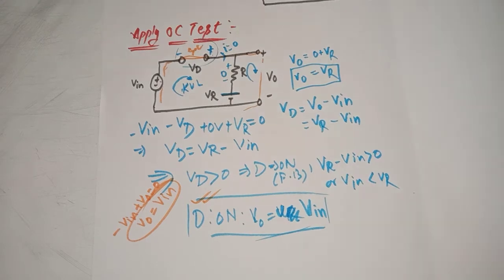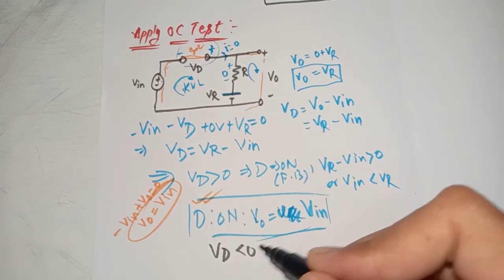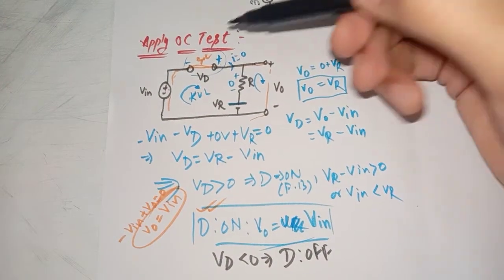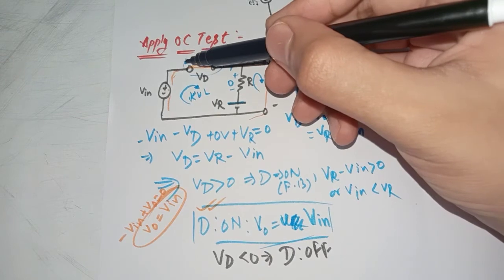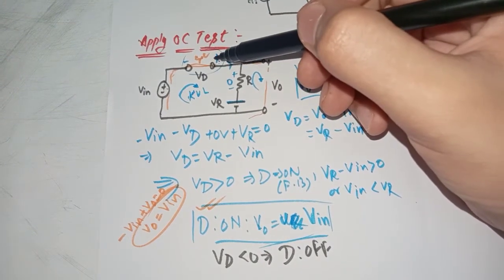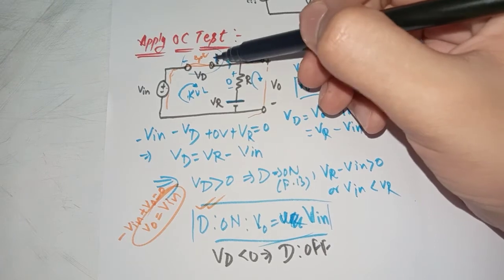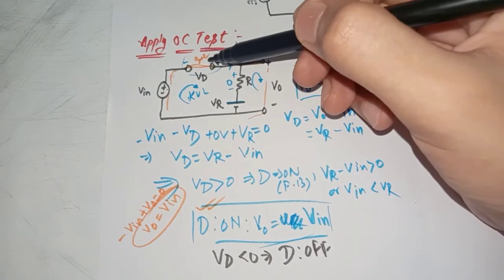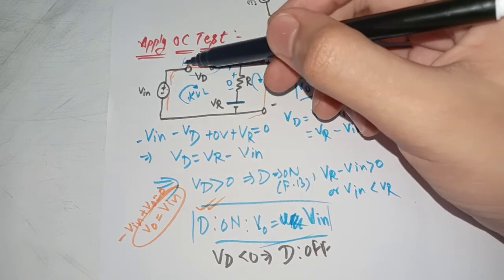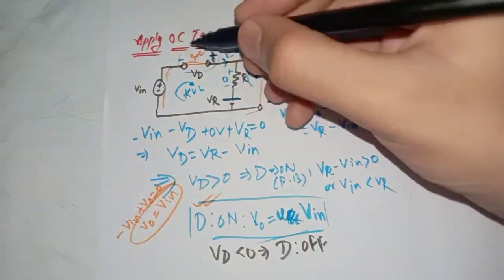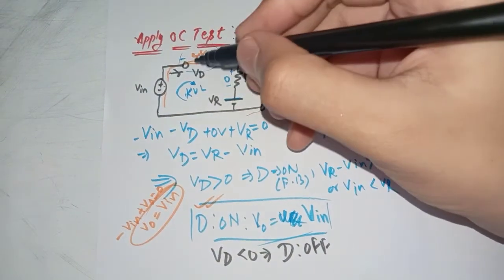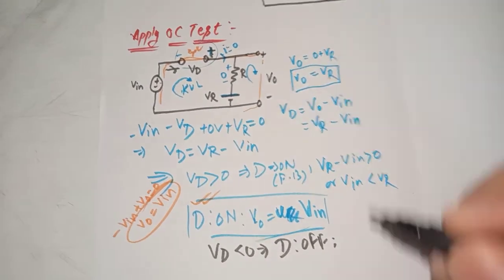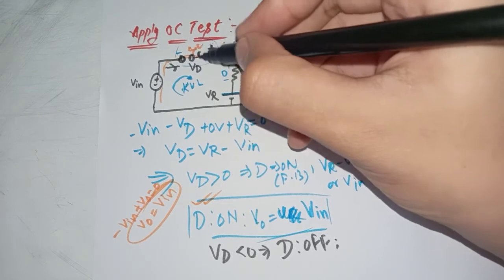Now when Vd is less than 0, that indicates that the diode is off. Why? See, because when Vd is less than 0, the current would flow from the N side to the P side, right? Because we have taken the diode voltage polarity to be plus at this side and minus at this side, but if it comes negative, then the actual voltage is opposite to that polarity, right? So in that case, the current would flow from this N side to the P side, which is not possible. So when Vd is less than 0, the diode will be off, and this will be an open circuit, right? Open circuit when the diode is off.